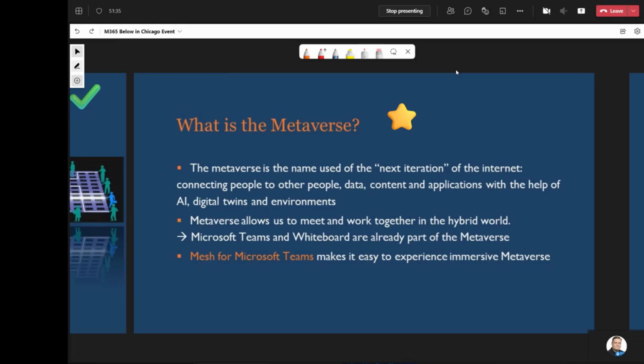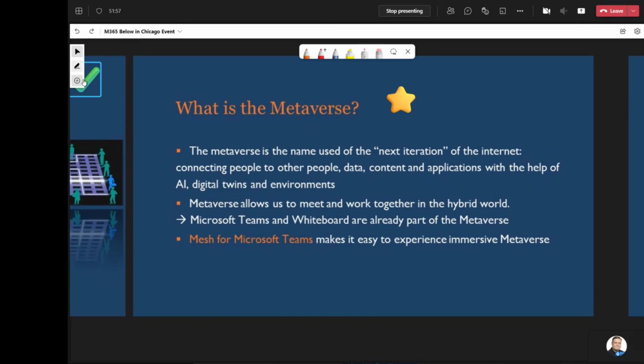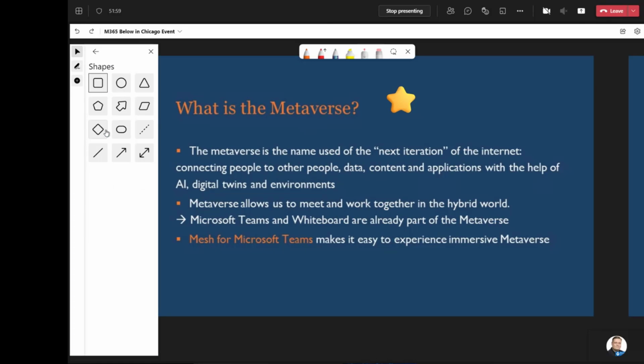We are going to be meeting and working together in this hybrid work. And Microsoft Teams and Whiteboard are already part of the metaverse because we are crossing the boundaries. If we are thinking about Teams rooms, we are thinking about people attending remotely. We are creating a hybrid meeting. And Whiteboard is there. What I really like about the whiteboard, let's just put on some shapes here, and